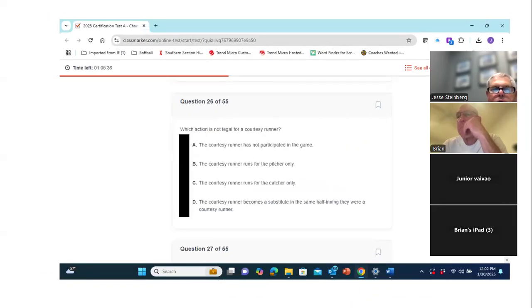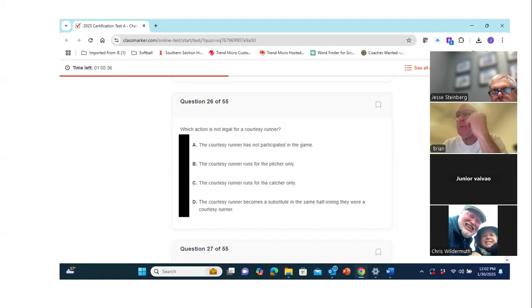26. Which action is not legal for a courtesy runner? D. What is the one restriction on a courtesy runner? They cannot be a substitute in the same half inning that they courtesy ran.